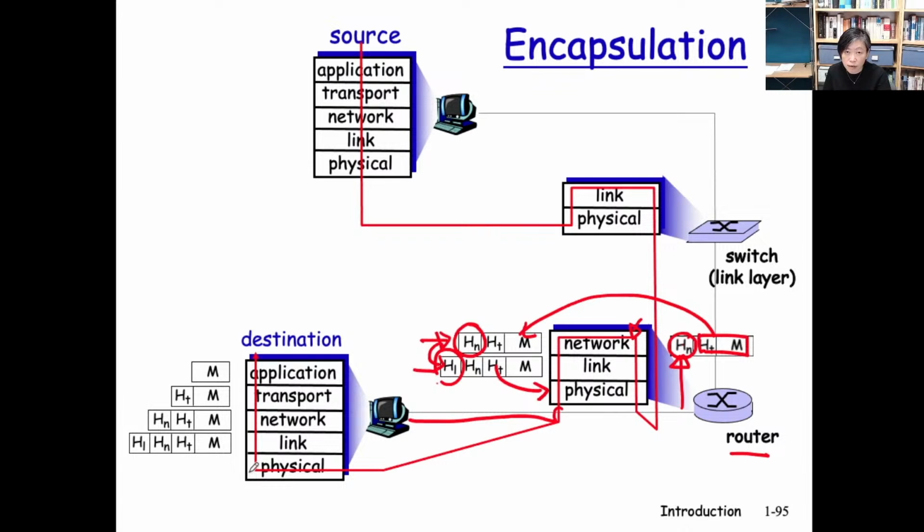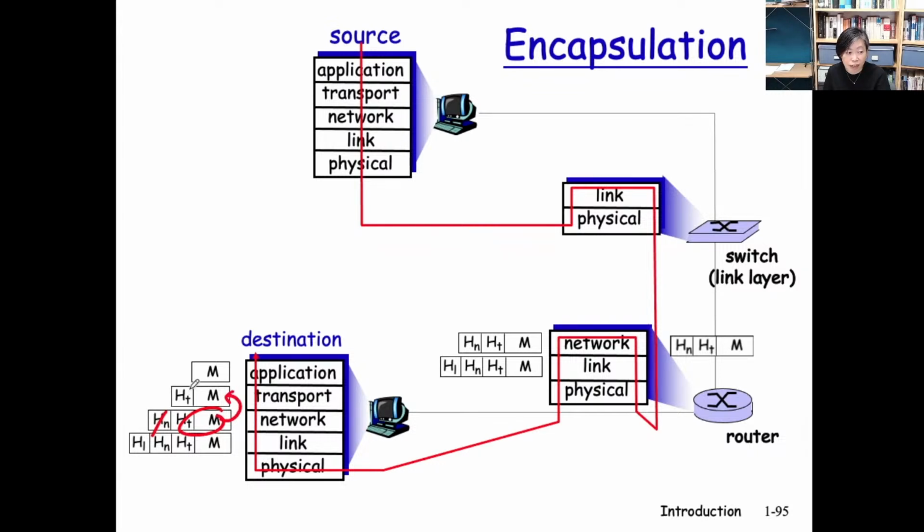Similarly, the physical layer is going to recover the 0 and 1 bits and give this up to the link layer. This is checked by the link layer, and the remaining gets passed up to the network layer. And you see this removed, this part gets passed up to the transport layer. This removed, and this part here gets passed up to the application layer. And here, the destination process at the application layer finally sees the message coming from the source originally.